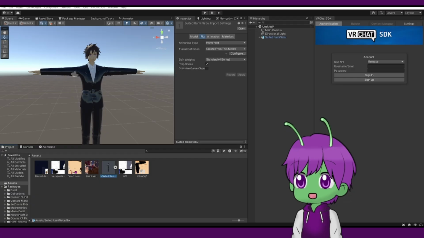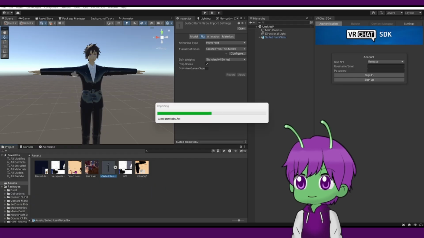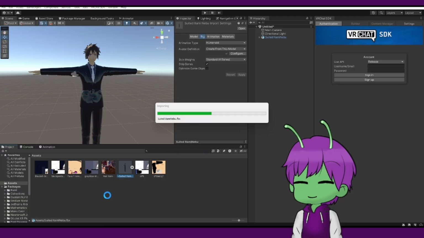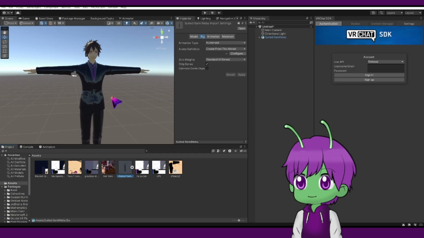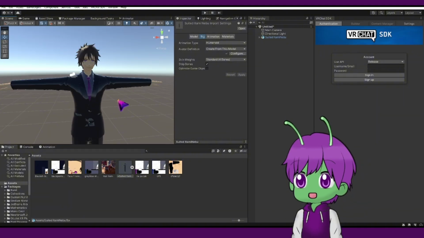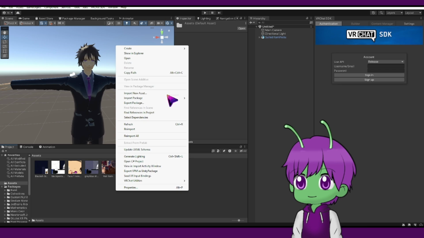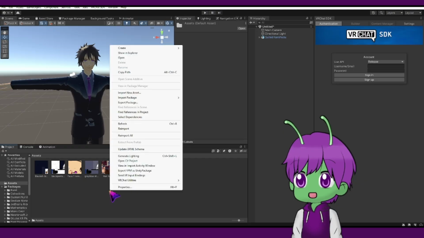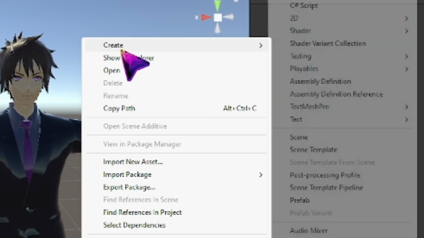oh, we almost forgot the gray shirt and the tie. There we go. Now it looks standard. It looks like crap. Now, how to fix this is you're gonna go up to where it says create. Or first, what you got to do is right click, go up to where it says create, go pan to the